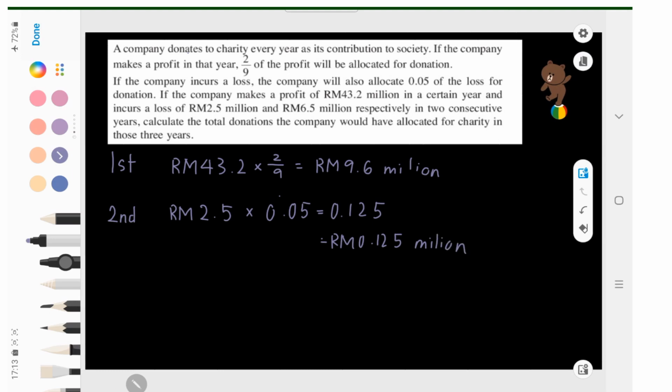And for the third year, 6.5 million ringgit. 6.5 times 0.05 is equal to 0.325, which is 0.325 million ringgit. Lastly, we have to add it up, which is 9.6 million ringgit plus 0.125 million ringgit plus 0.325 million ringgit, and the answer is